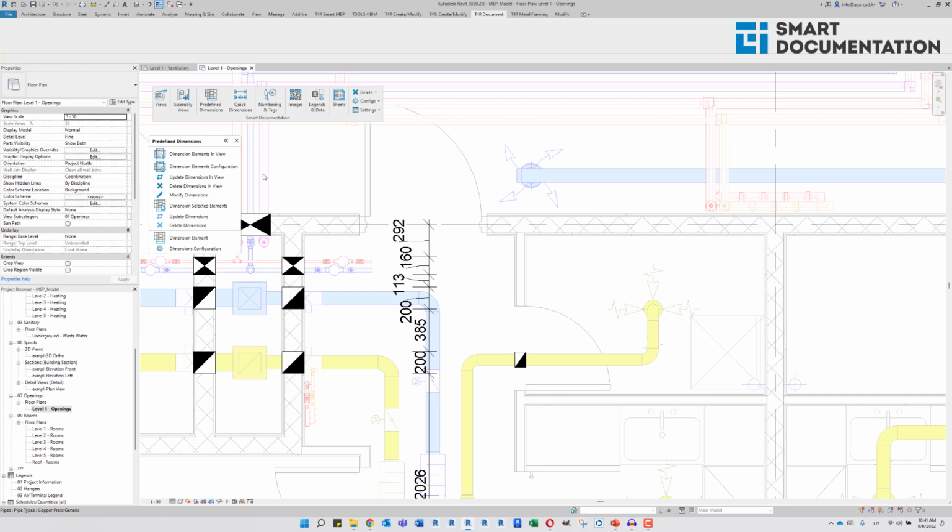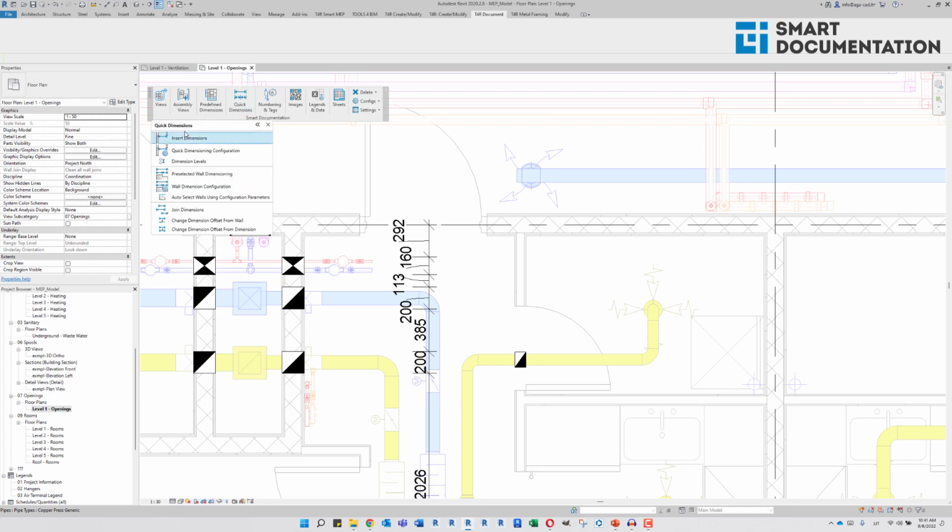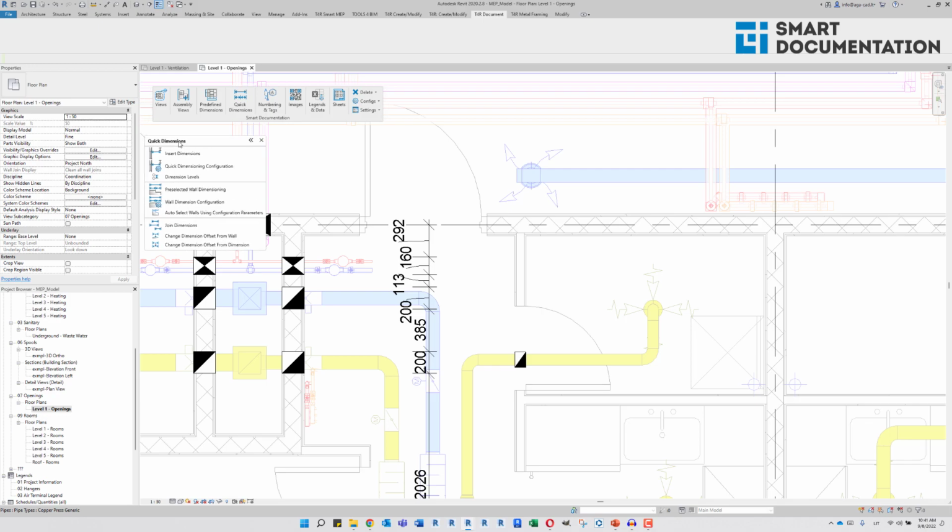Smart Documentation has one more way of inserting dimensions. It's called quick dimensions, and it can create dimension chains between two selected points. To demonstrate it, I will go into a roof plan,